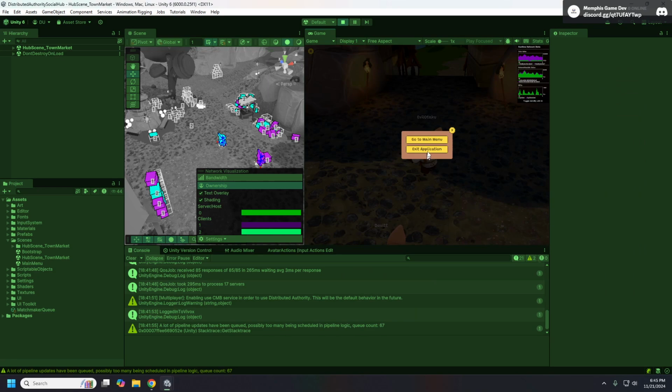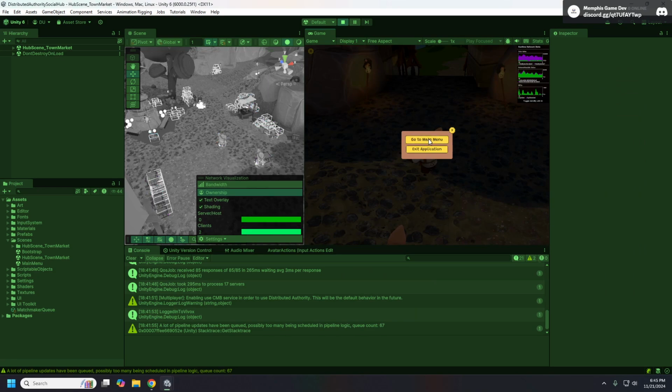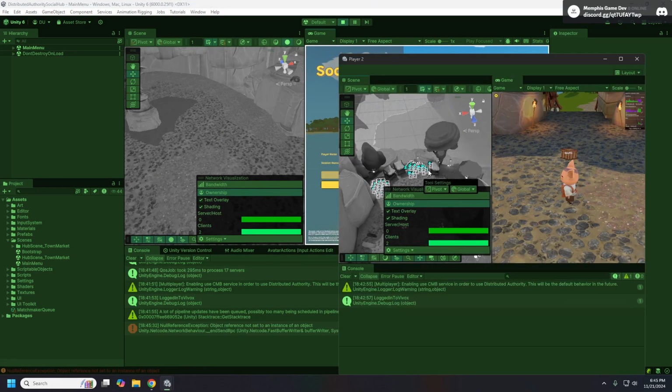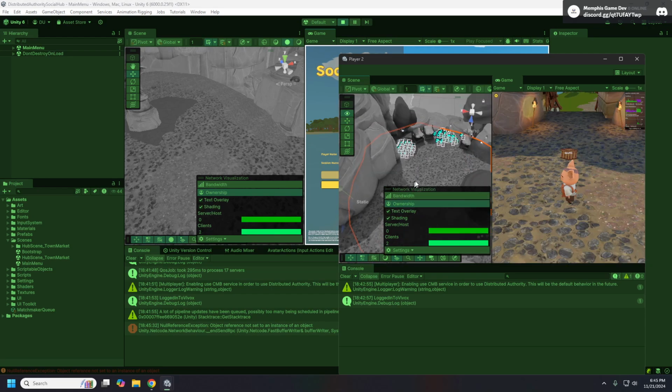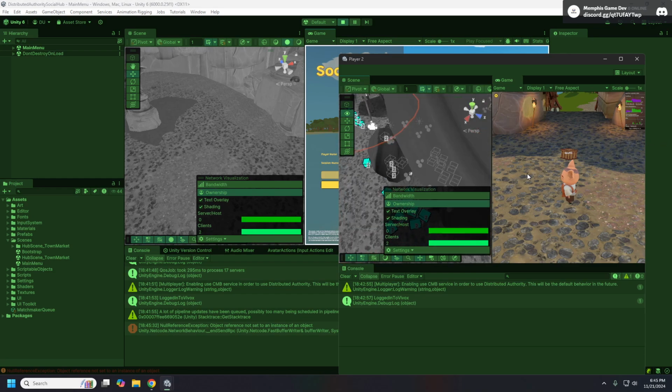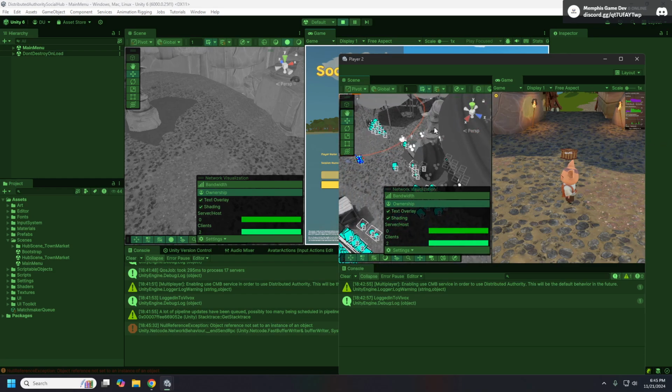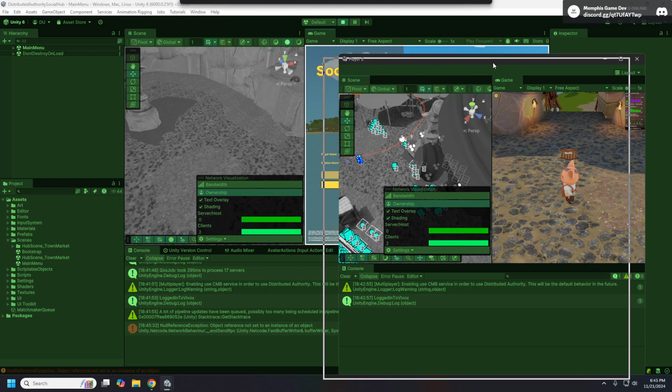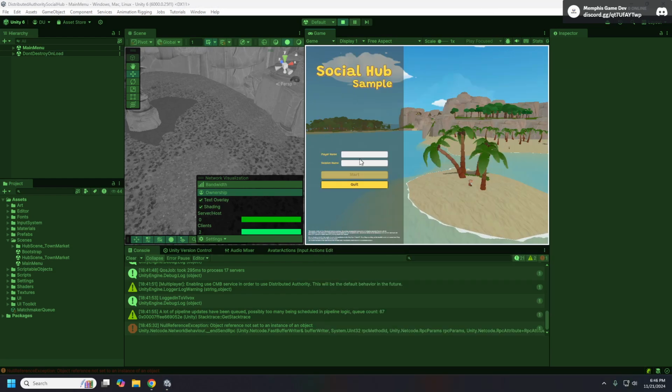Here I'm going to go back to the main menu, and all of our objects are now owned by me, the second player. So now the second player is completely in control of all of the network objects, and the game just continues on. If I were to log back in again, it should join back as player 3, actually.